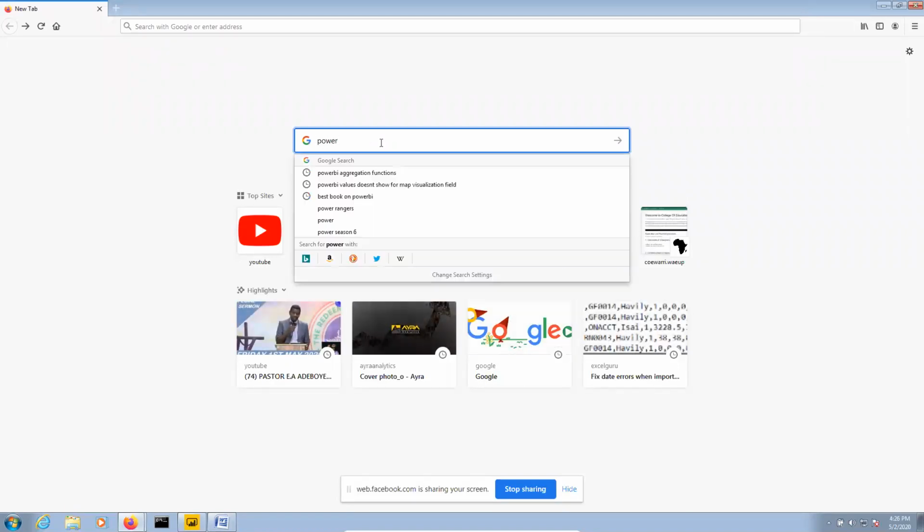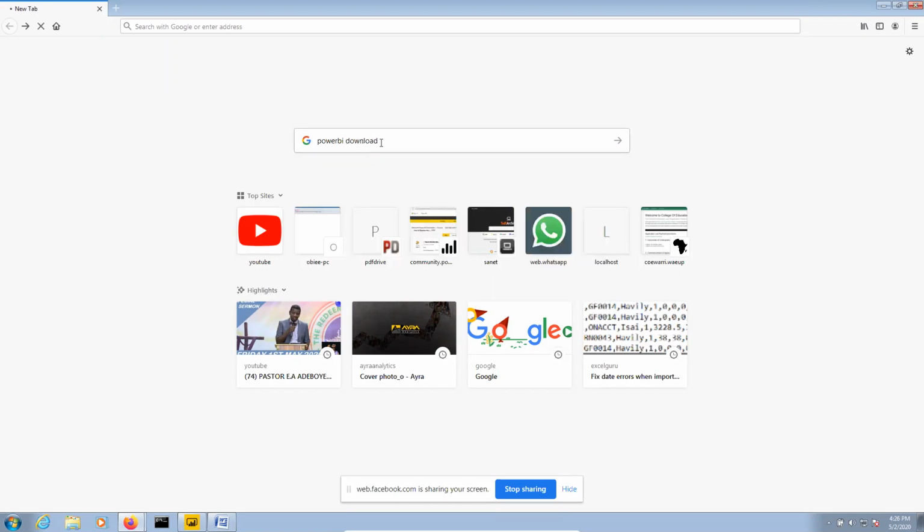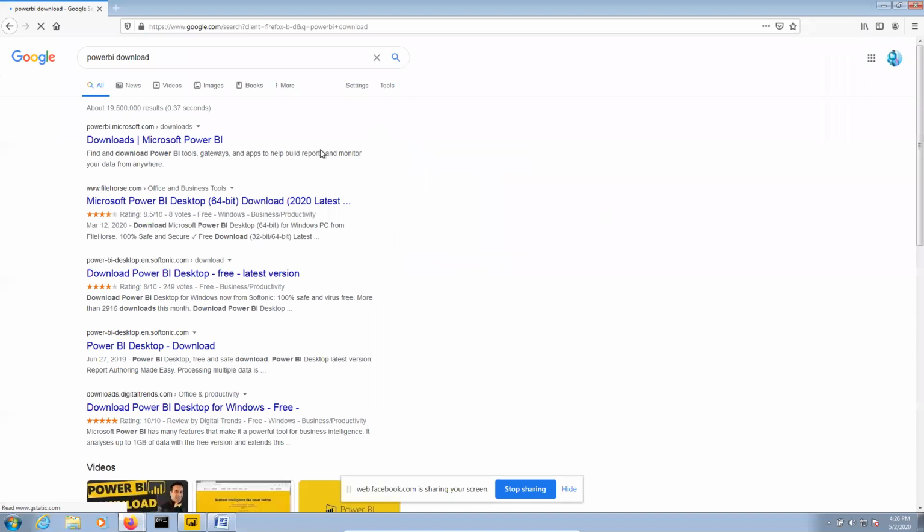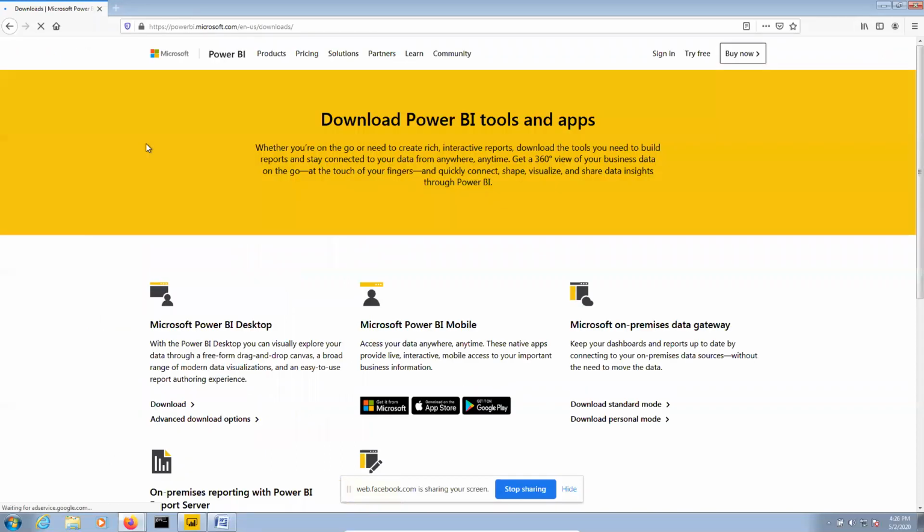So Power BI, you put it together, Power BI download, and you click enter. So you can see it brings the download button for me, the link. I click on Power BI, the first one. Once I click on it, it takes me to the Microsoft site. So here I am, I'm on the Microsoft page,